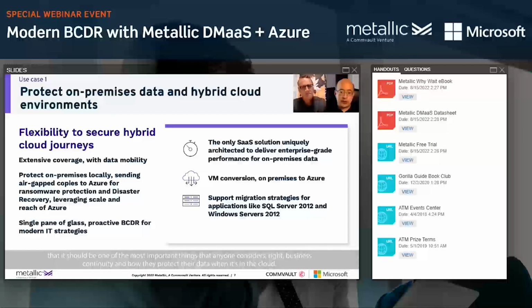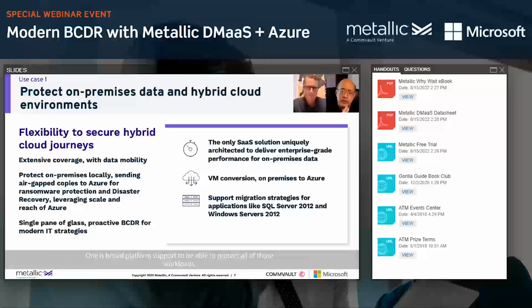Business continuity and how they protect their data when it's in the cloud. And unfortunately, we find that sometimes it's the last thing they think about until the project gets so far along. They're like, wait, we have this thing we haven't considered yet. And so I think the capabilities that we bring to the table, there are really two areas that are